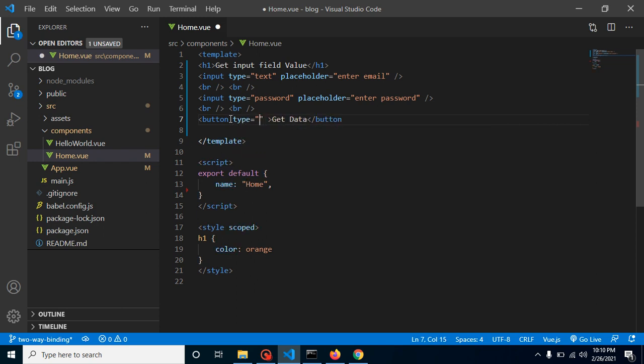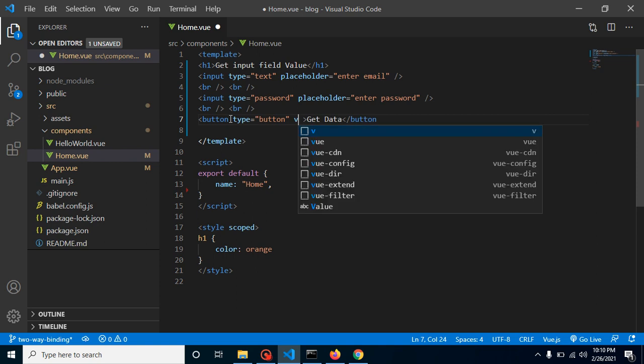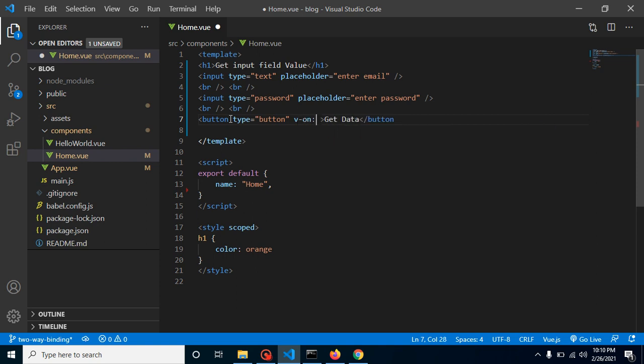We can define the type as button, and put an event here. Simply put v-on:click, that means Vue on click, and write the function name getData. This function is not defined yet, so let's define it first.